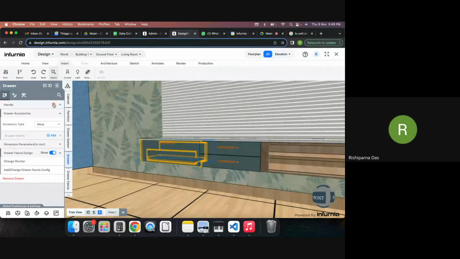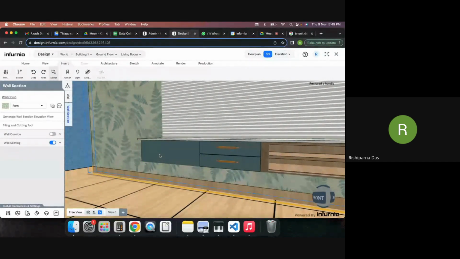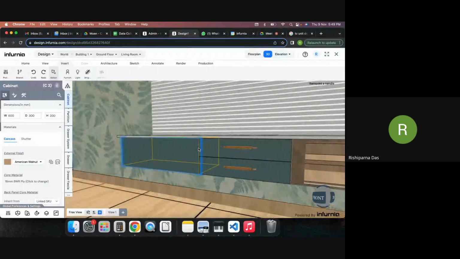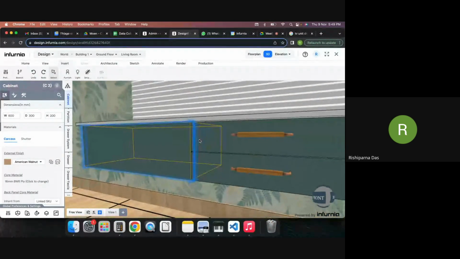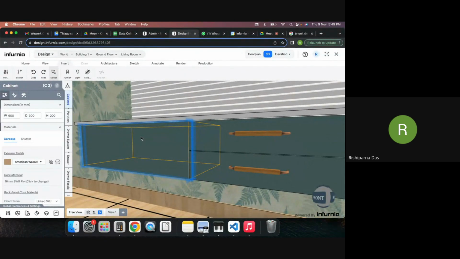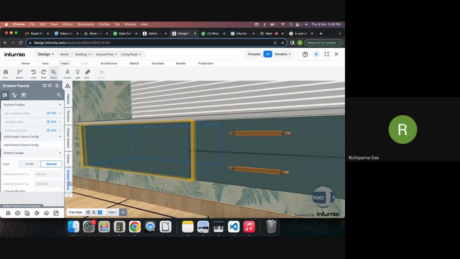Here in handle, you have the delete option. So you can delete this, right? Handle gets deleted. Now, if you just want to reduce the shutter only, then you can select this particular shutter and go to the drawer fascia. This is a drawer fascia, no? So you can select that, and here in